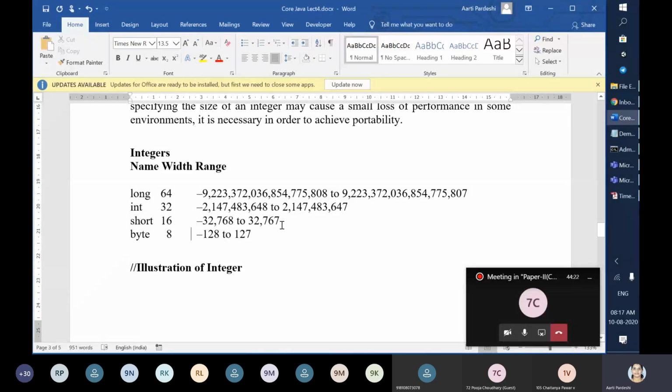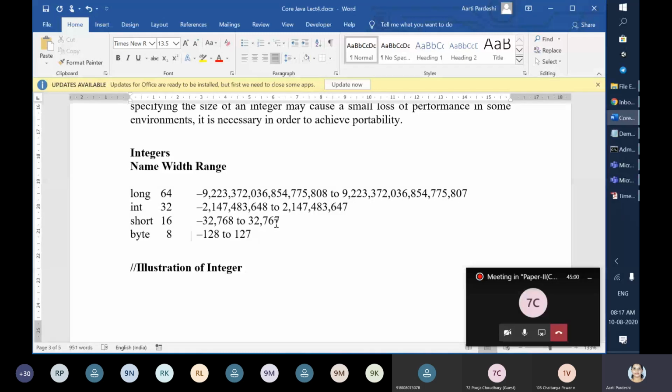You can observe one trend: the range is divided in half, with 0, then on the left hand side negative values and on the right hand side positive values. So 0 is considered under positive values. That's why in positive you will find one less digit. In negative you can see -32768, but the positive is not 32768, it is 32767, because 0 plus these many values totals 32,768. So it is equal on the positive and negative side.